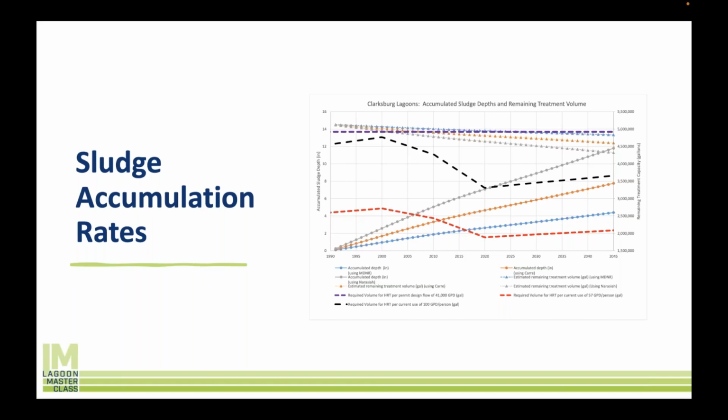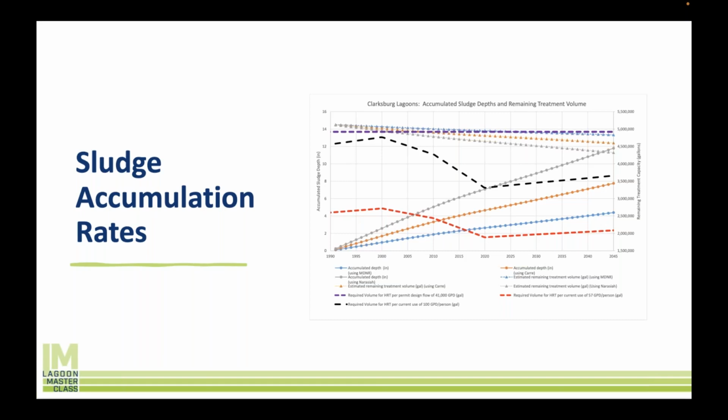So this graph is way overcomplicated, way over engineered, really cool though. So I'll take it. But it just shows you what you can do with the data if you start to measure year to year, and if you start to project forward, so that you could potentially know 20 years from now when you need to remove sludge, and then you can start to budget that sludge removal now,